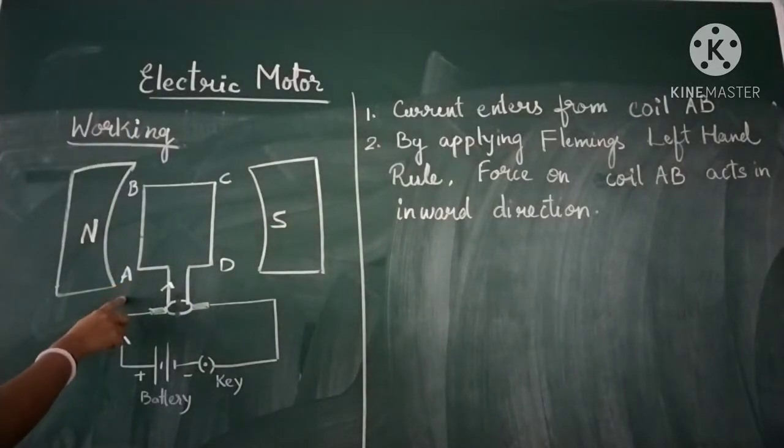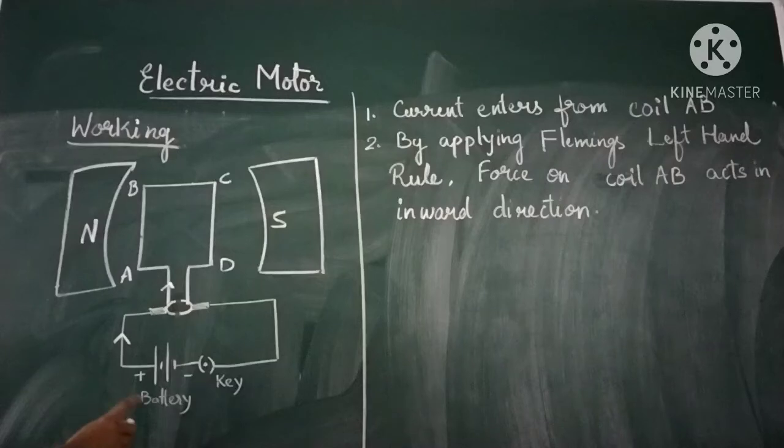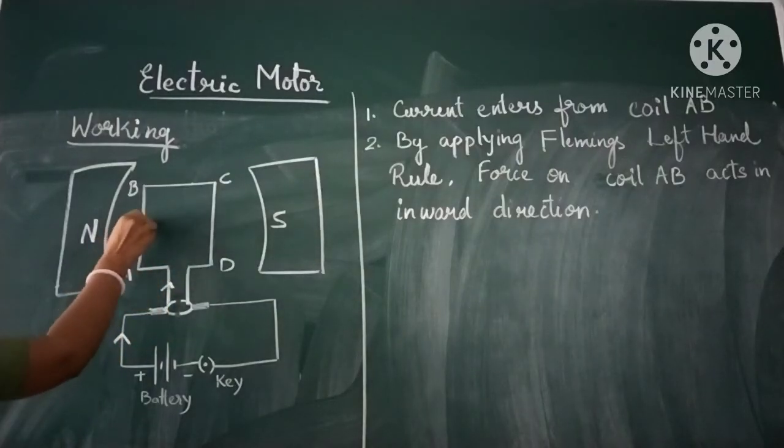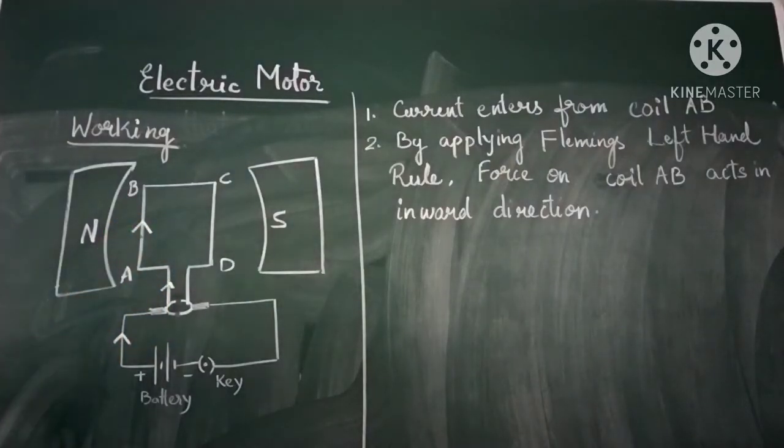In the working of the electric motor, you can see here that the battery positive terminal is connected on this particular side, and this is the negative terminal. So the conventional direction of current says that it flows from positive to negative. So this will be the direction of the flow of current, and it will enter the coil in this particular direction. We are going to see the working one at a time on one side of the armature coil. Okay, so this is the setup, children.